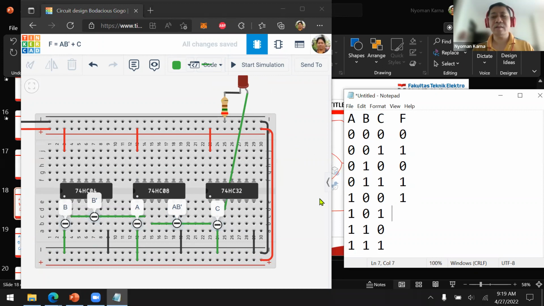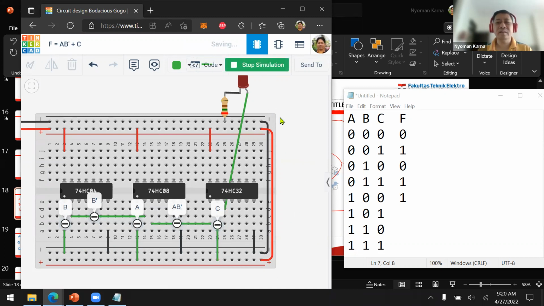And then 1, 0, 1. Start simulation, on. And then 1, 1, 0. This is 0.